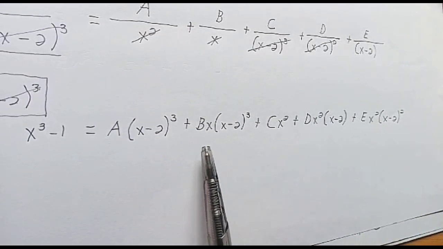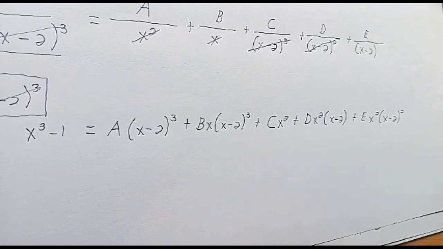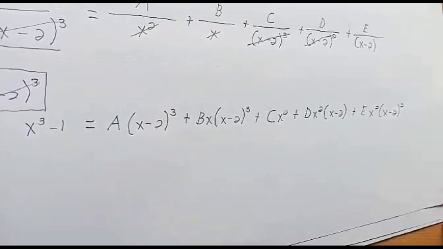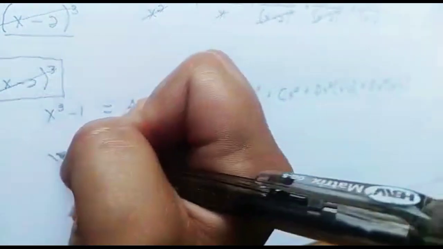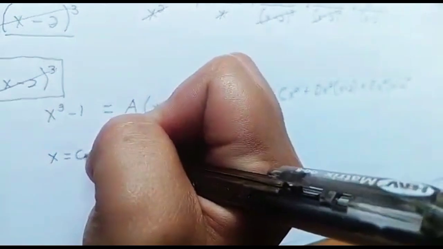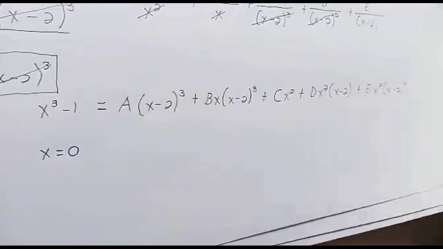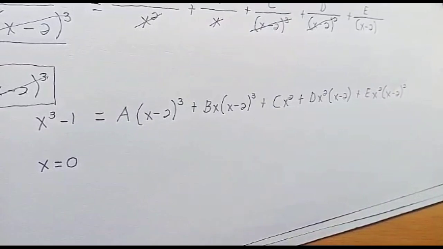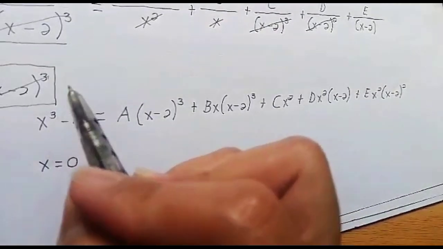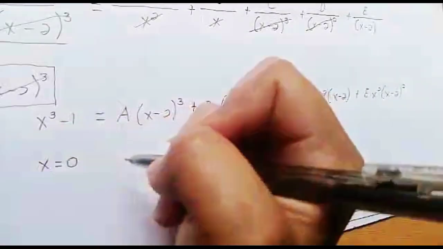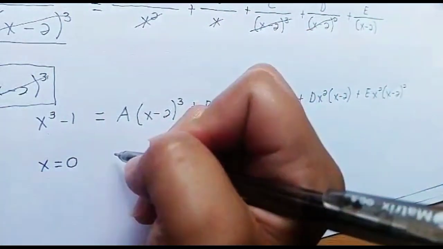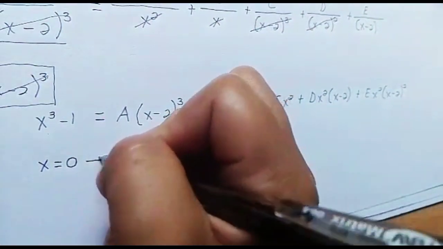C, B, C, D, and E have a factor of x. So, we can set x to 0. So, x is equal to 0. Let us start with x raised to the third power minus 1. So, the result of this is